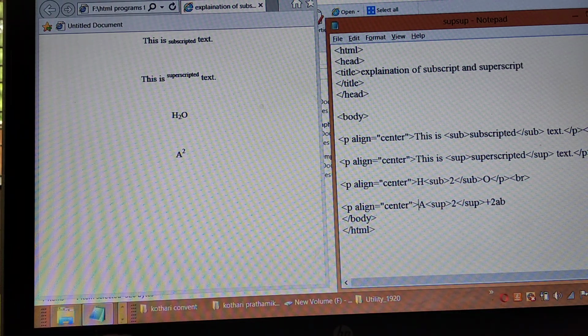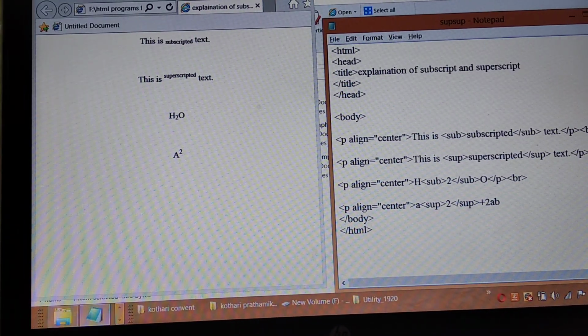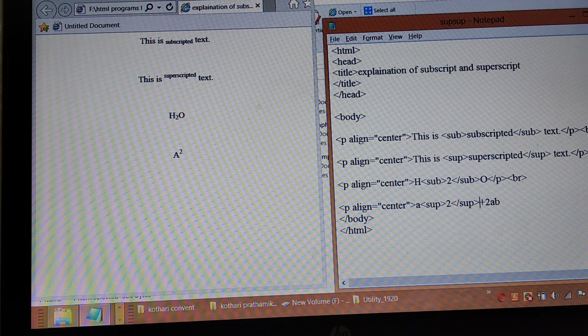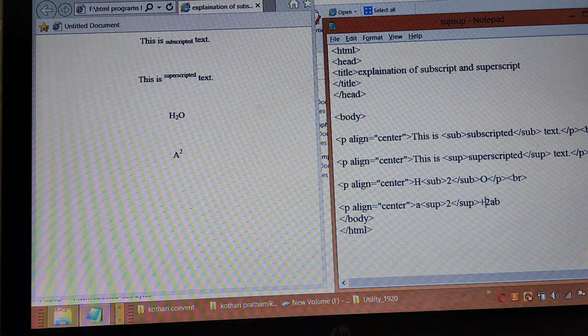if I want to change the name with the small letter, or we can say lowercase characters. We can say lowercase characters means in the small letter we can write here the formula a square plus twice ab plus b square will be there.